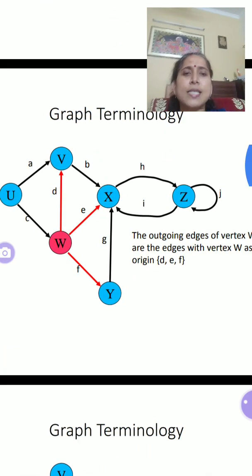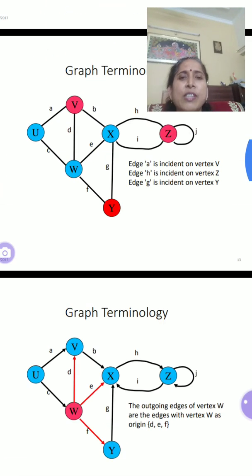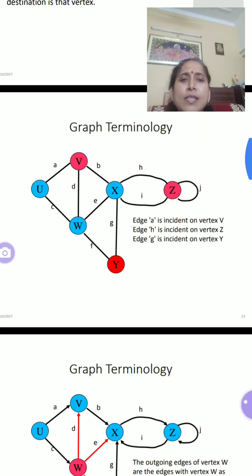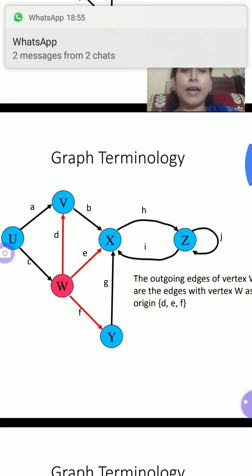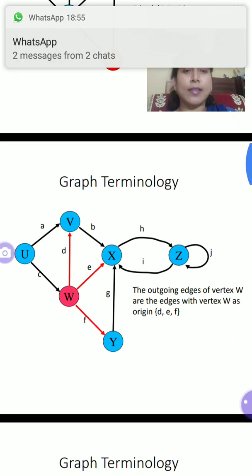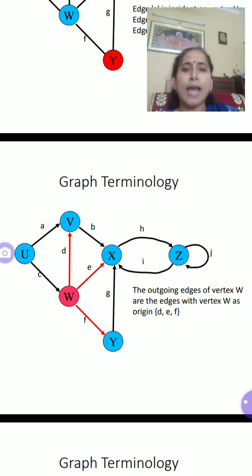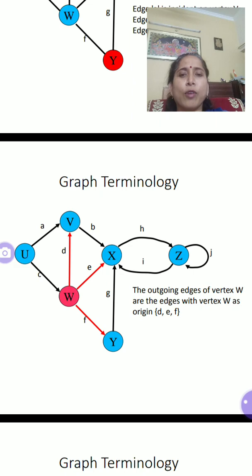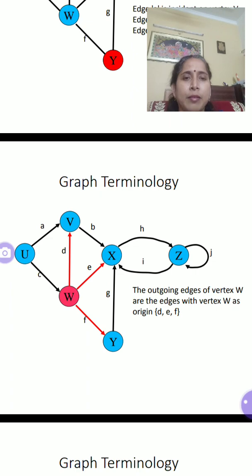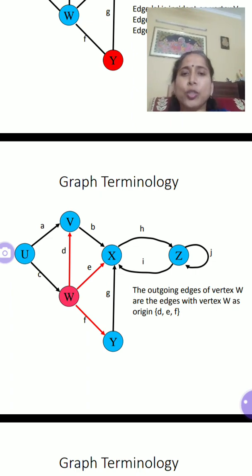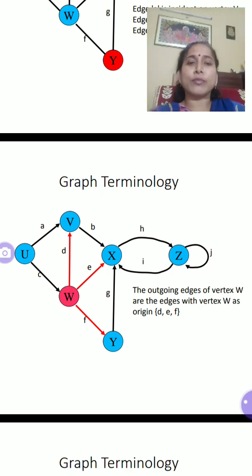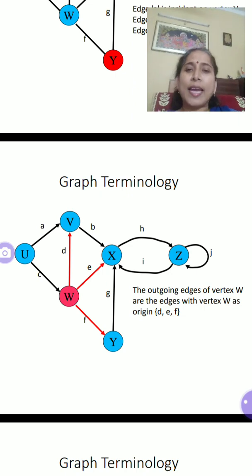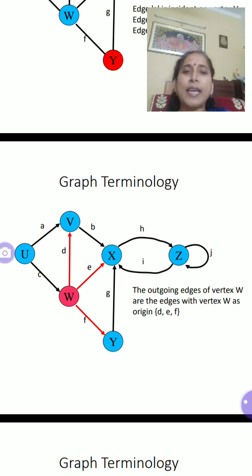Now in this figure you can see the edges. In the previous figure the graph is the same, but the difference is that here the edges are not marked by an arrowhead, whereas in this graph the edges are marked by directions, that is arrows, as you can see over there. Now in these arrows you can see small a is directed from U to V. So U is the origin and V is the destination. So outgoing. This small a is an outgoing edge from U and small c is also an outgoing edge from U. But from the point of view of V, small a is an incoming edge, whereas small b is an outgoing edge.